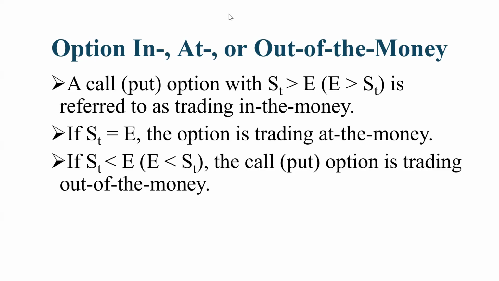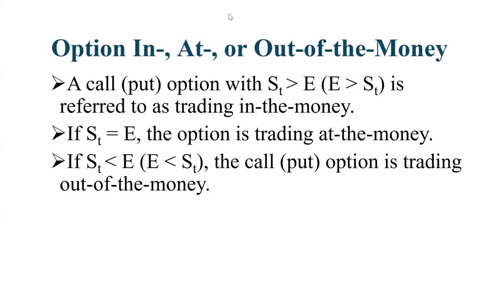Now, as far as the types of options, we have a call option, which is the right to buy foreign currency at a specified rate. So that will be the exercise price, E. Again, the call option gives the holder the right to buy foreign currency at a set rate, which is the exercise price, E. Now, at the future date, that's on the date of expiration of the option contract, when the